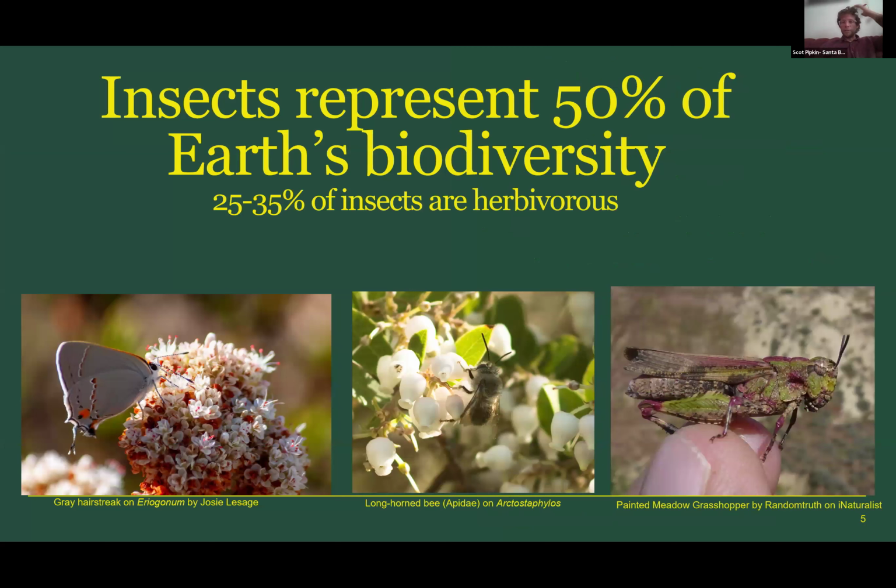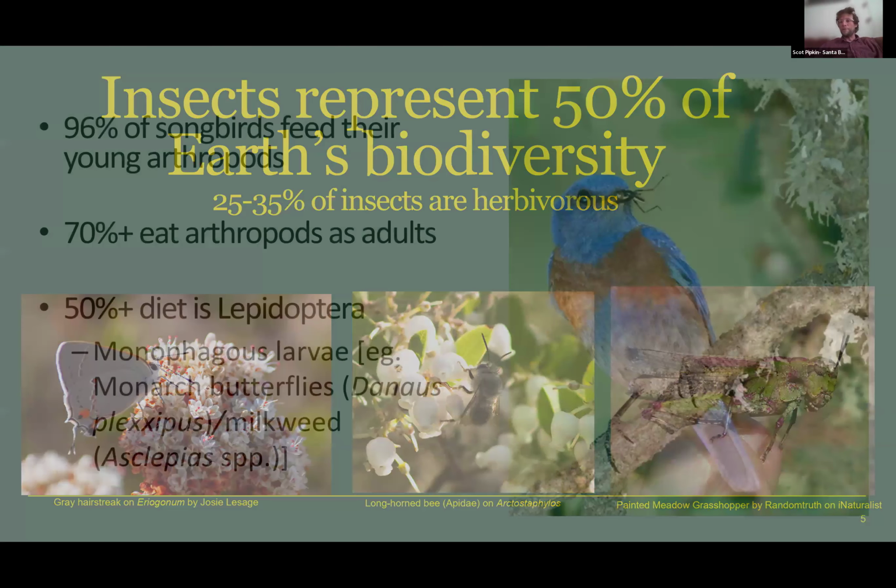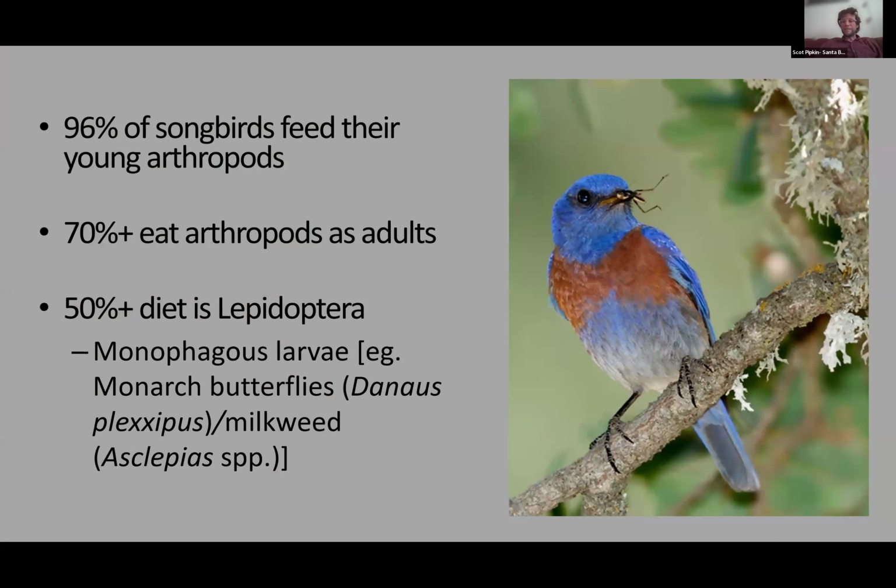So, as a reminder, in particular, insects, that next step up in the trophic pyramid, represent about half of the world's biodiversity. And a quarter to a third of that half, so about 15% of the entire Earth's biodiversity, is herbivorous insects. And herbivorous insects are bird food. So about 96% of songbirds feed their young a diet that consists 100% of arthropods, so invertebrates, largely insects. About 70% of our songbirds eat insects as adults, and about half of that is Lepidoptera, largely in the form